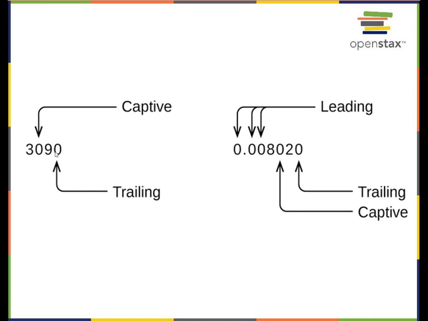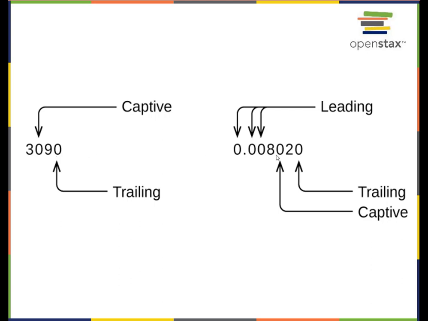This 0 here is called a trailing 0. This is a 0 that comes after all the numbers that are not 0. If all of the numbers at the end of a number are 0, then they're all trailing zeros. They come at the end. Trailing zeros might be significant and they might not be. Here's an example of a trailing 0 where there is no decimal point. This trailing 0 is not significant because there is no decimal point here.